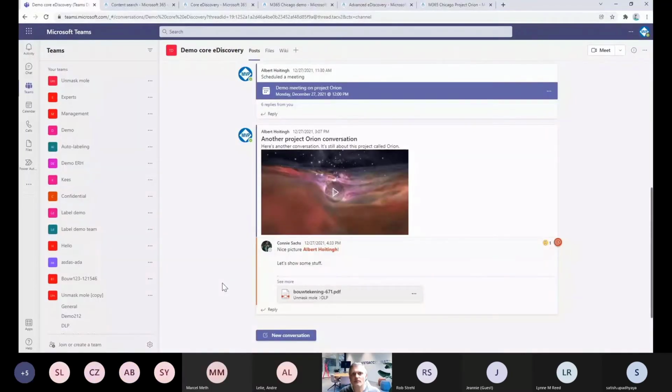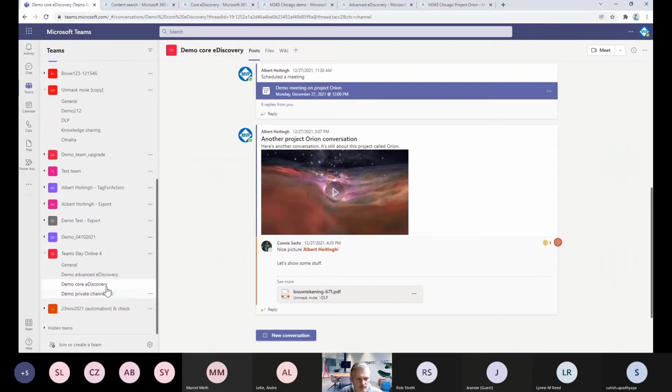And for this, I'll just switch to a demo environment. Over here, I have my Teams environment. I have a couple of channels. Also, we have a private channel, and in this environment, I've started a meeting. I also have that conversation you saw earlier, which is the one over here. And well, let's see how it works from a content search and a